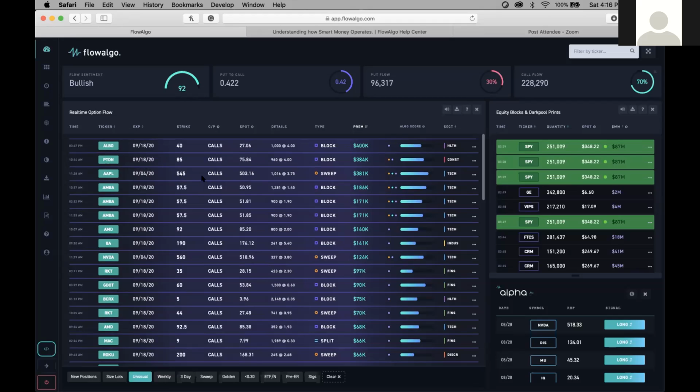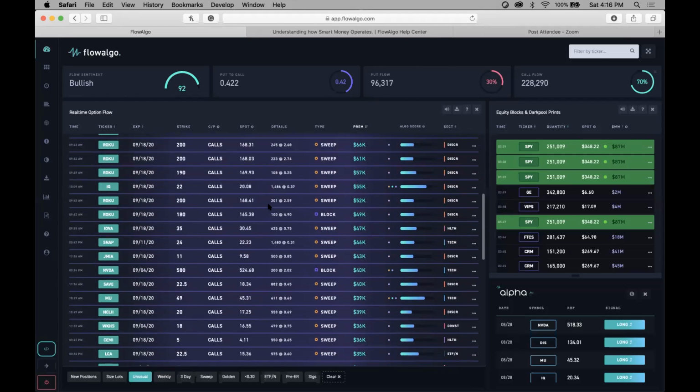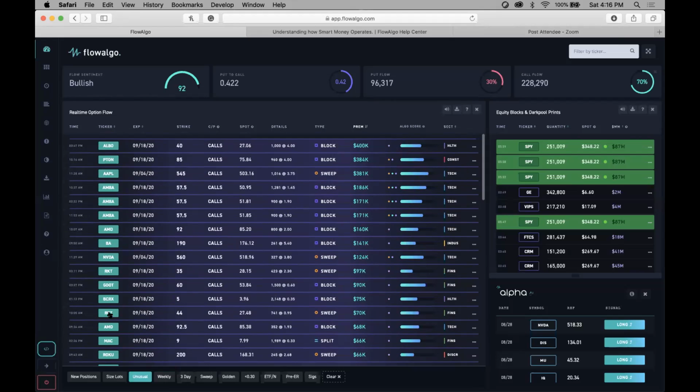I mean, these are going to be worth a lot. So you can see this algorithm also thinks it's a good trade. It has all 3 dots, which is what you want to see too, and a pretty good algo score. So that's definitely something to keep in mind here. And you can also filter it by sweeps.